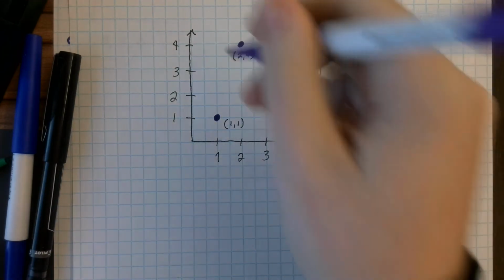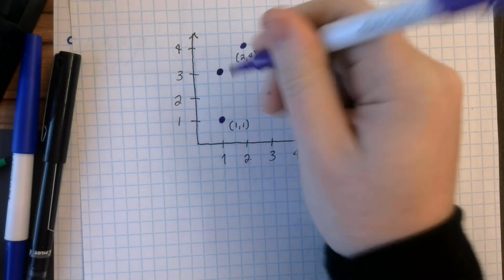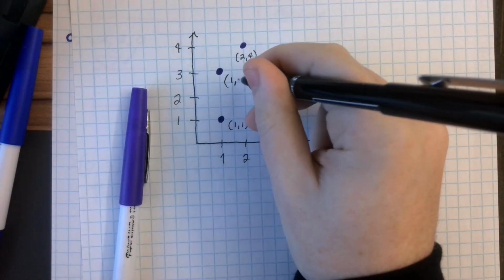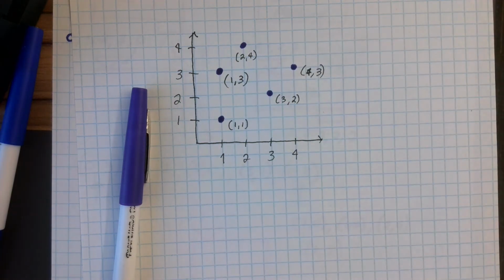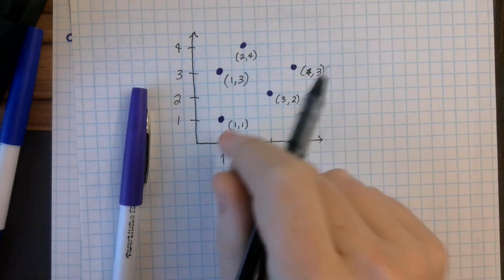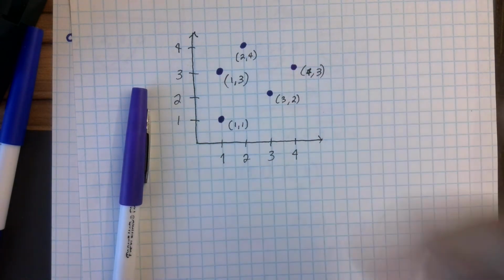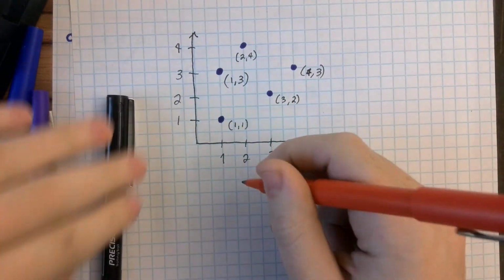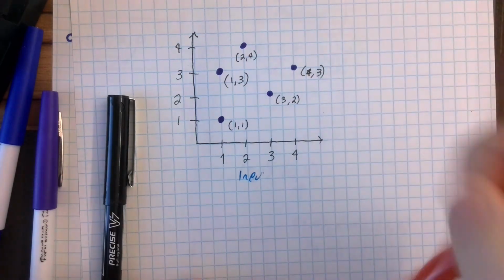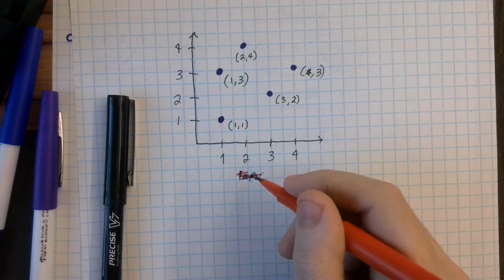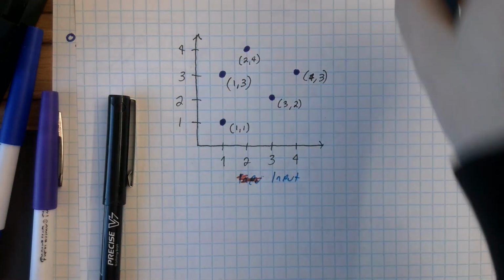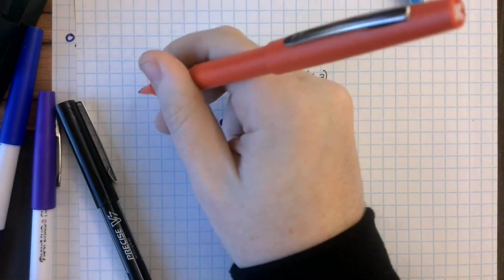Let's say, though, that we put another point in right around here. This would be at x equals 1, y equals 3, so we would write it as 1, 3. Well, now we have two inputs that say the number 1. We have 1 here and 1 here. Because this is the list of all of our inputs, oops, I think I mixed up my colors briefly. Wait, no, I absolutely got that right. I apologize. Because these are our inputs and these are our outputs,